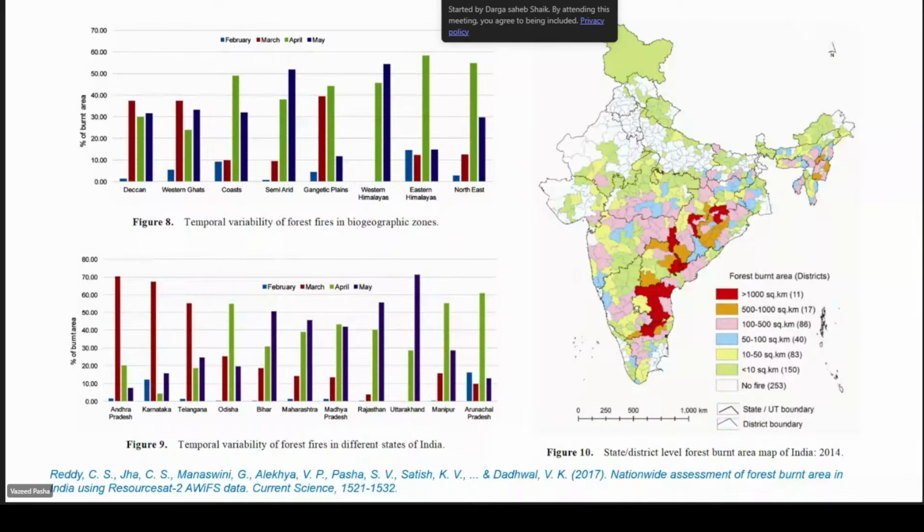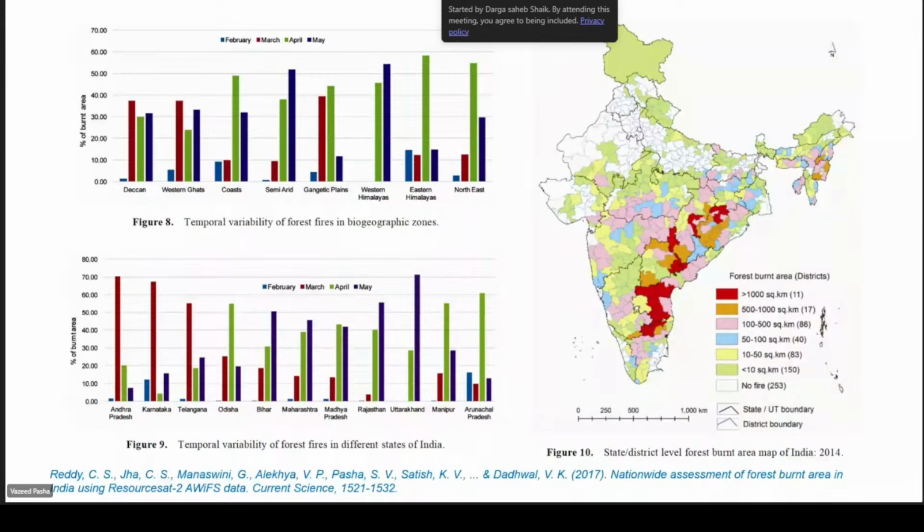We have prepared the districts which are severely impacted. For example, more than 1,000 square kilometer impacted districts. There are 11 districts distributed in Andhra Pradesh, especially in the Nallamala forest region, and Telangana, especially Khammam, that region, and Chhattisgarh, the deciduous forest of Chhattisgarh, and Odisha.